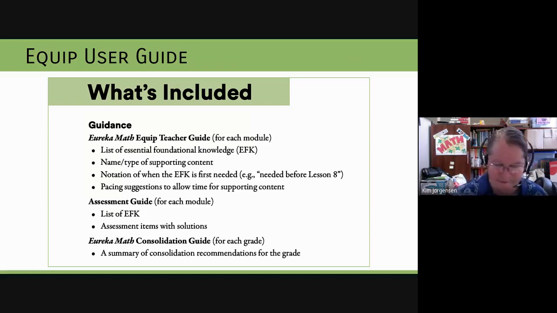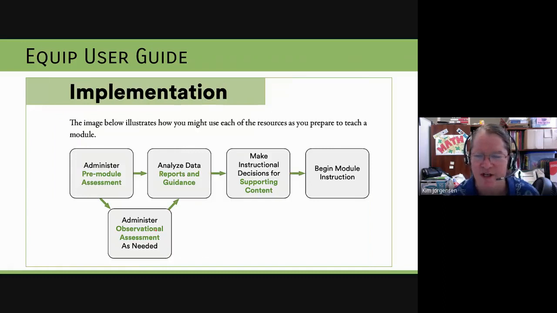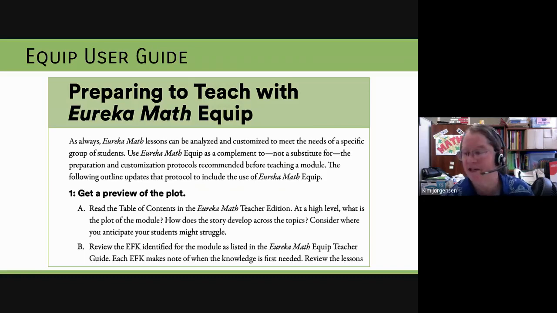Then you have the section on implementation, which starts with this chart that I showed you. And after that, that tells you how you walk through these steps, how to implement it, which is kind of what I did today, but it has more detail. Then, remember preparing how to teach a module? Well, now we have preparing to teach